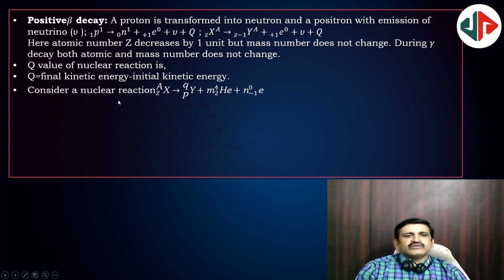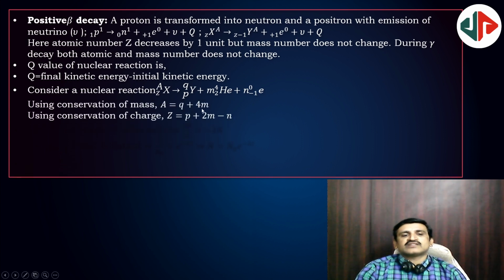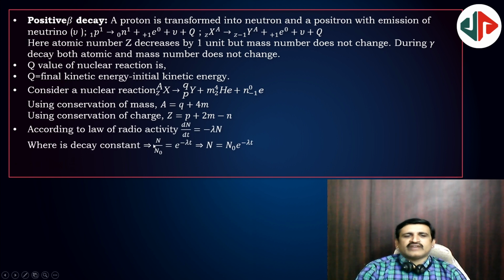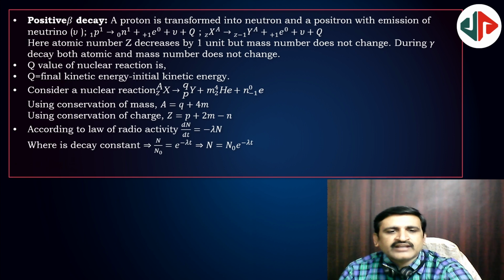Next, consider a nuclear reaction. X gives Y and alpha particles and some beta particles, m alpha particles, n beta particles. Then A is equal to Q plus 4m and Z is equal to P plus 2m minus n. According to the law of radioactivity, delta n by delta t is equal to minus lambda n,